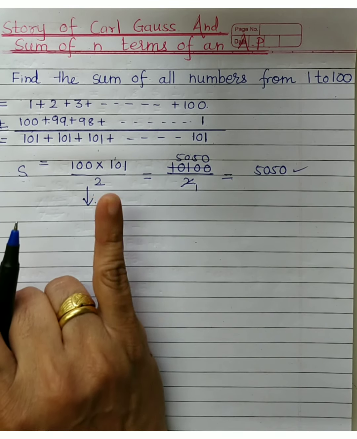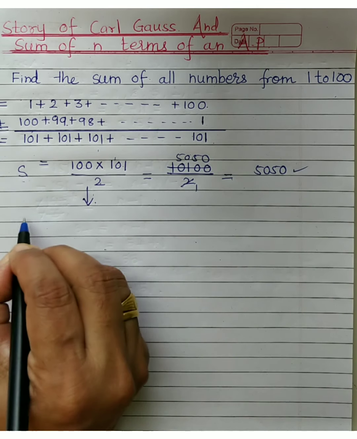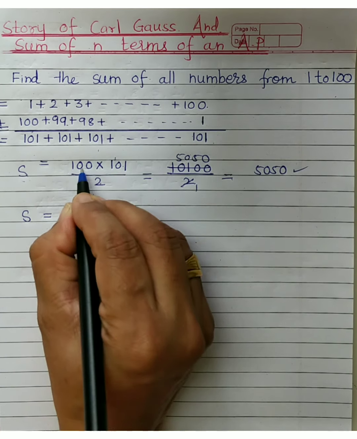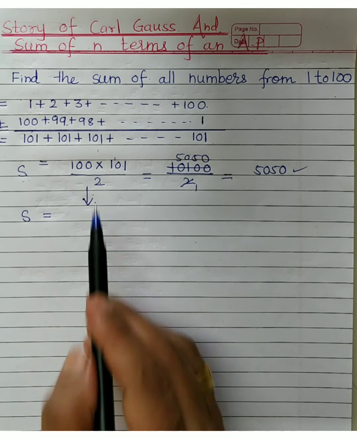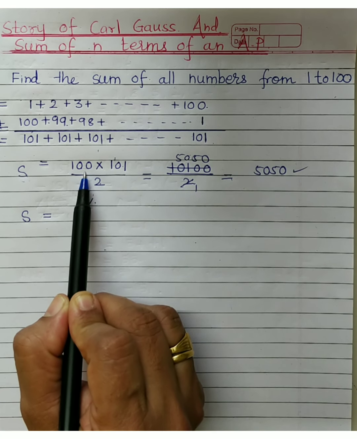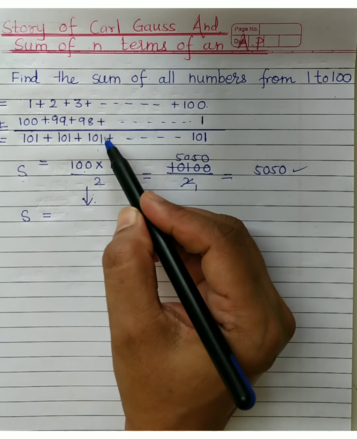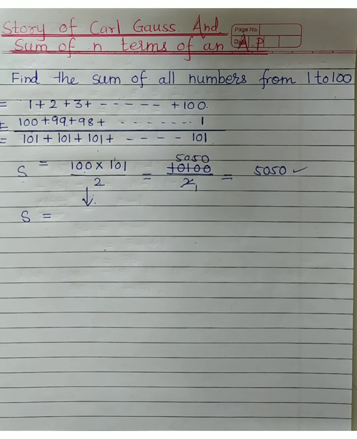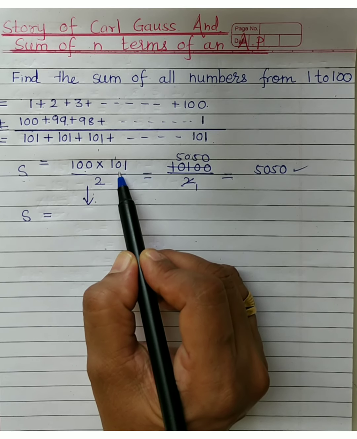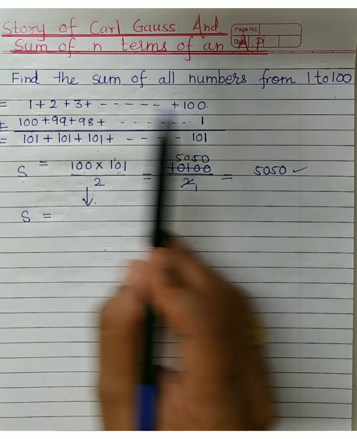Now let us generalize the way Gauss has used. So for the sum of n terms, n is what? How many terms are there? 100. Look at this. You can take 100 as the number of terms, right? Then 2 will be a constant. Why? Because this series is added 2 times. Okay. And 101, how will you split it? See, there are two constant things here. 101 is the sum of 1 and 100.